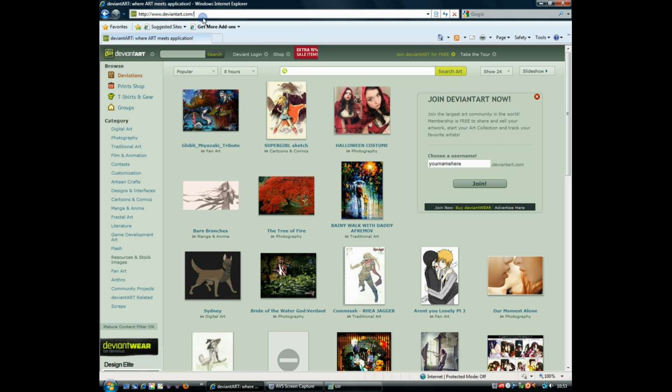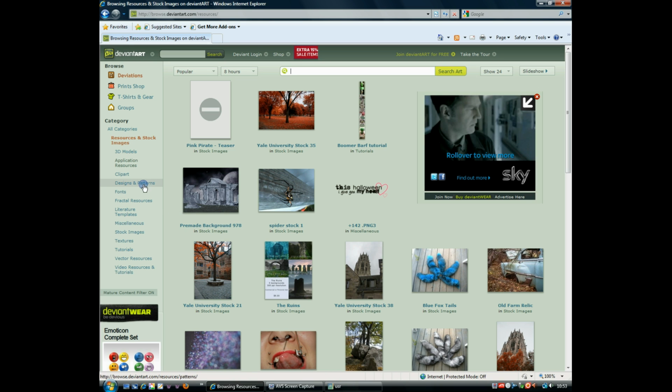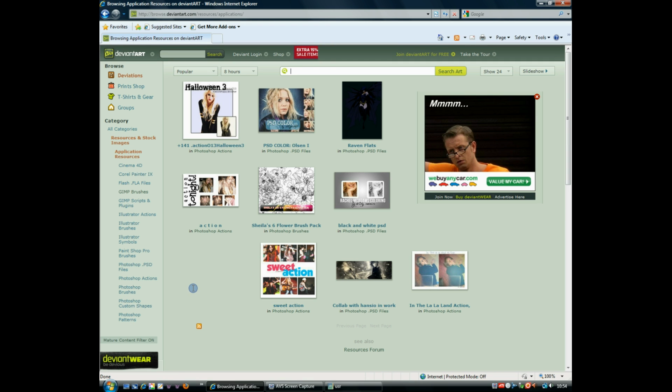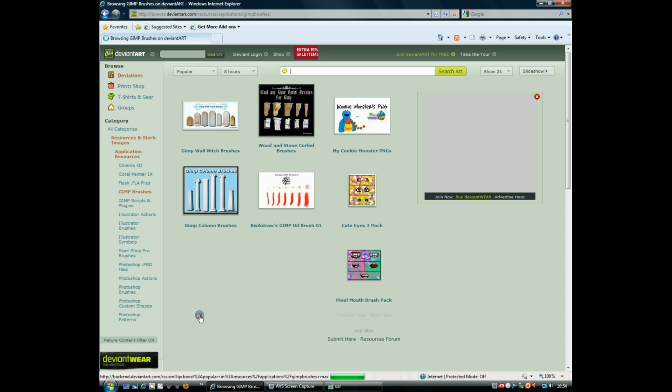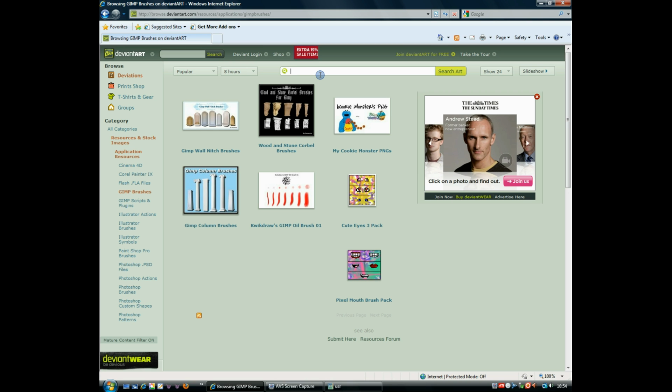and then go to Resources and Stock Images, which is on the left somewhere, click on that. And then select Application Resources, and then select Gimp Brushes, and this will show you some Gimp brushes. So type in the search term for the sort of brush you're looking for. I'm going to start with fairy,